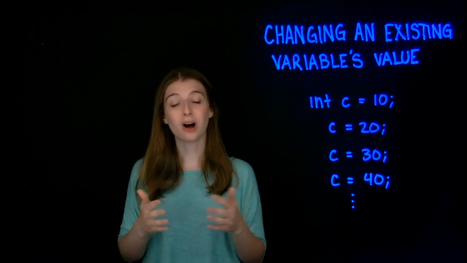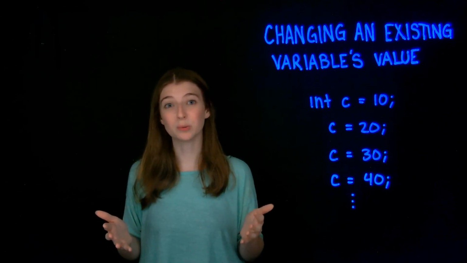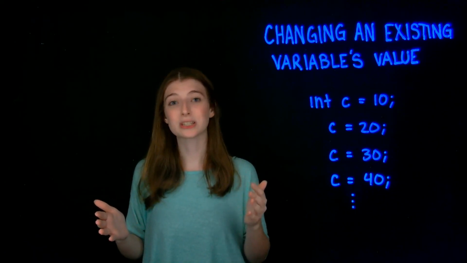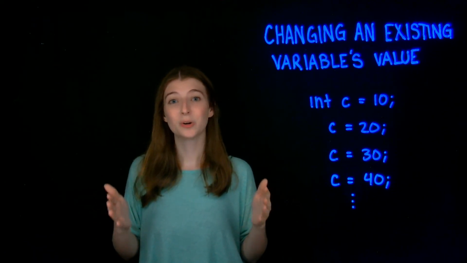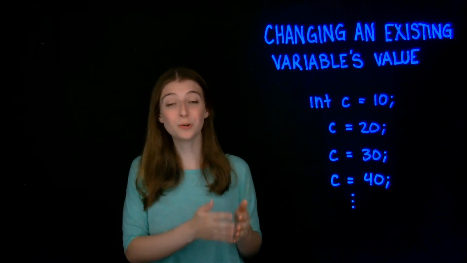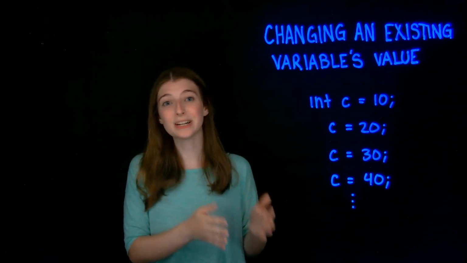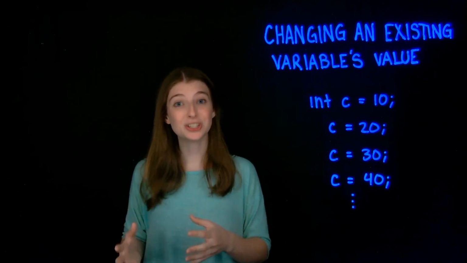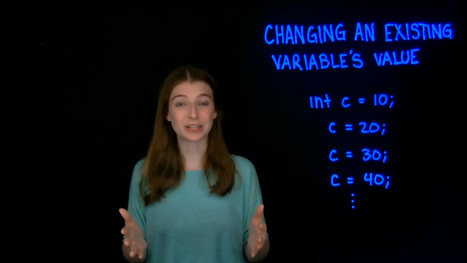So for example, all of the number data types are compatible with each other. You could put a float inside of an integer variable. It would just cut off the decimal at the end. Or you could put an integer inside of a float variable. It would just add a 0.0 at the end. But you couldn't put a string inside a variable meant for an integer because numbers and strings are not compatible